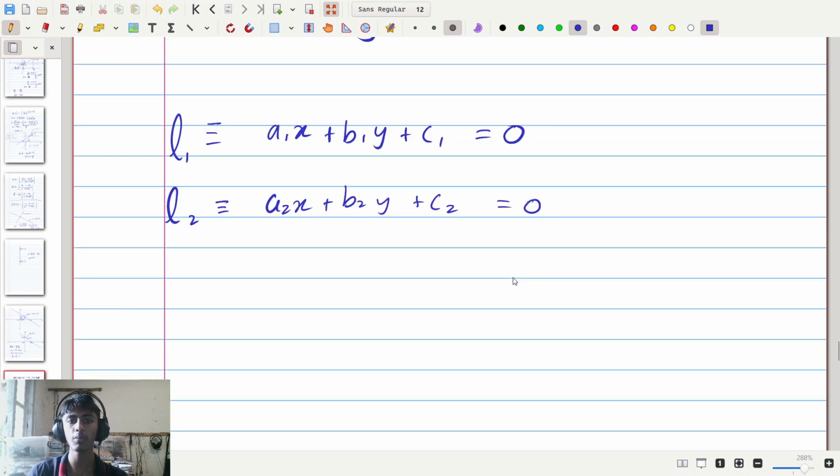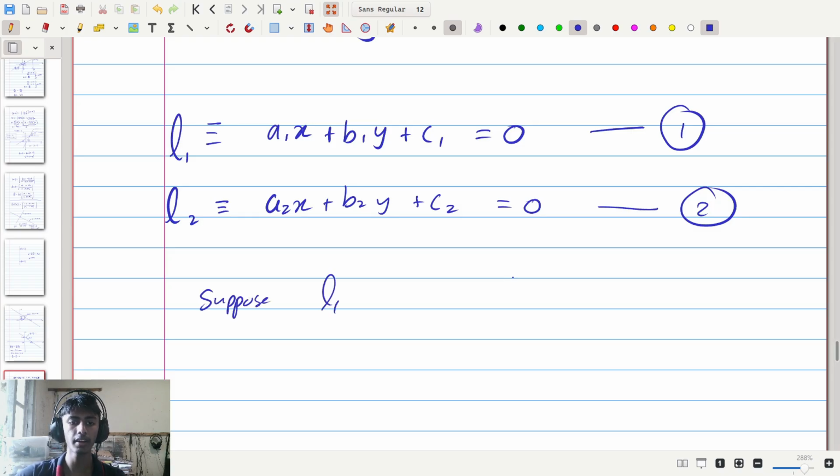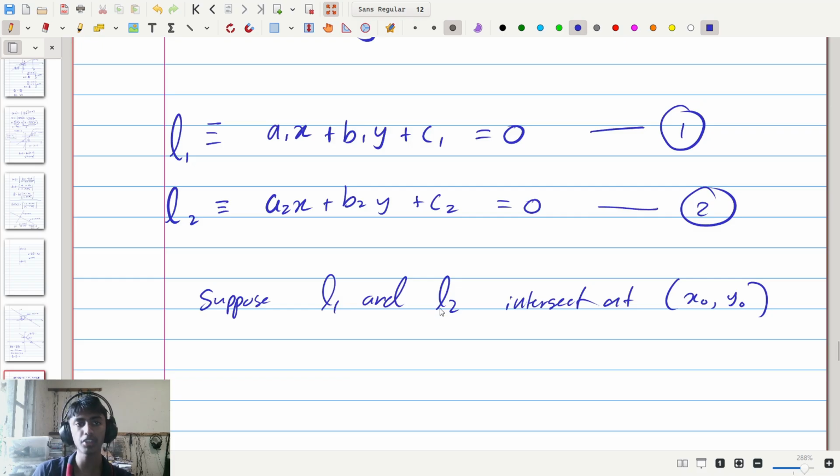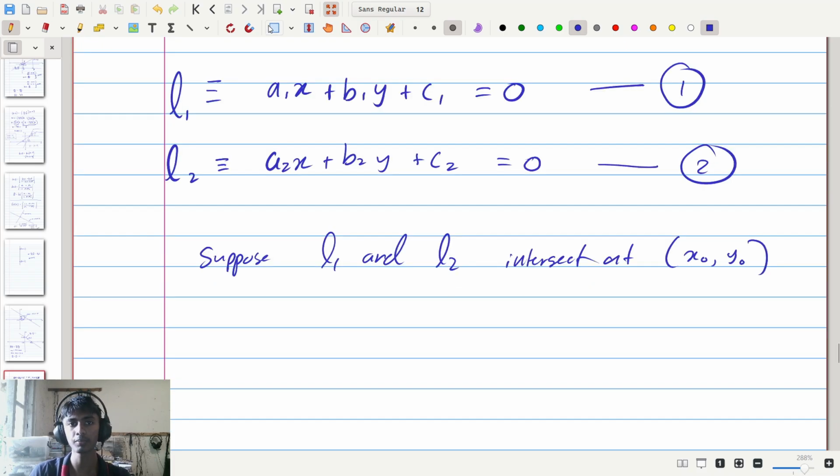So then, taking both of these as true, let's consider this thing as equation number 1 and this thing as equation number 2 and try to solve them like simultaneous equations. Considering this, let's suppose L1 and L2 intersect at the coordinates x0, y0. So therefore, at these coordinates, both the first equation and second equation are satisfied. Therefore, we could extend this into saying that